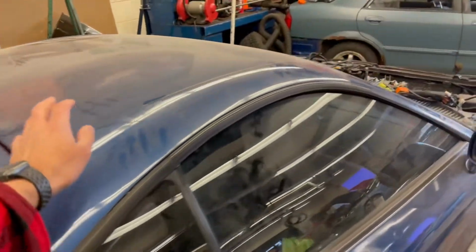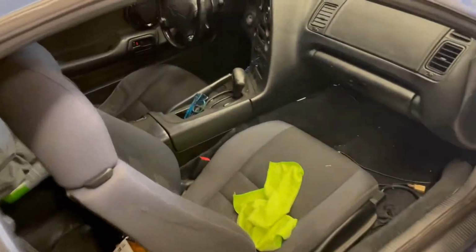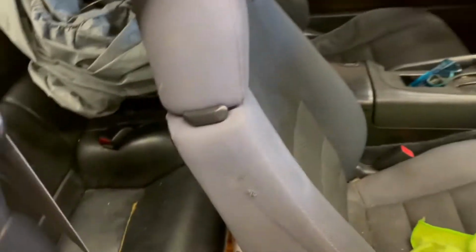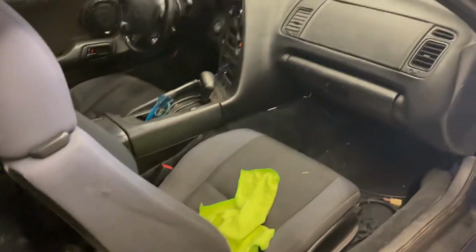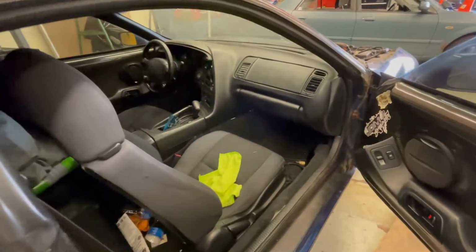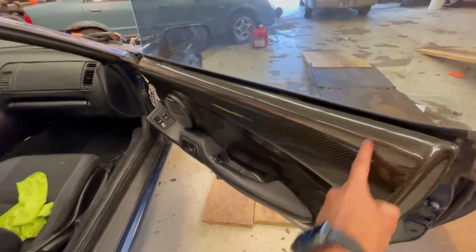You can tell it's really dusty right now. It's the dark charcoal blue, whatever interior you want to call it. Had the factory rear leather, seen better days, but has that. Interior overall isn't too bad. Has some carbon fiber door panels because the door panel got damaged in that accident, and the carbon fiber ones